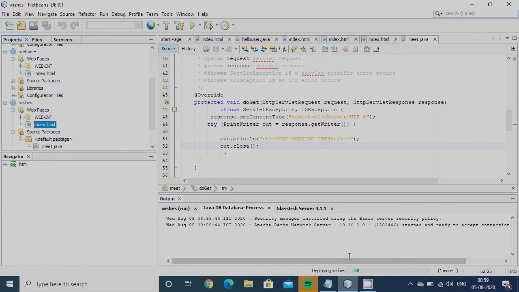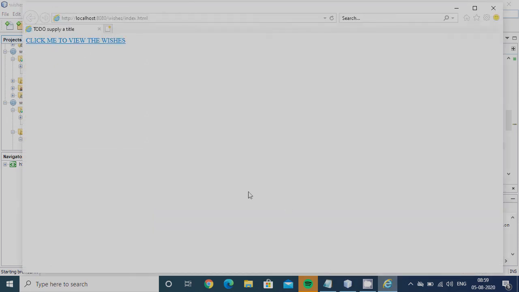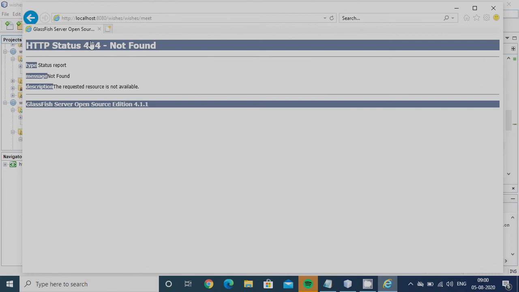It's still running, it's deploying. It's telling click me to view the wishes. This is the HTML program. On clicking this only, the servlet will be invoked. This is localhost 8080. I'm clicking here. I'm getting an error.